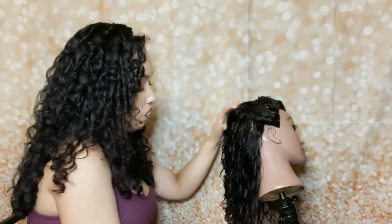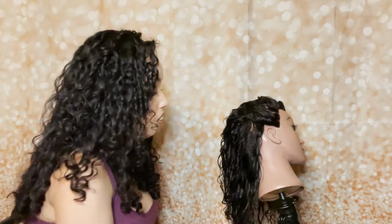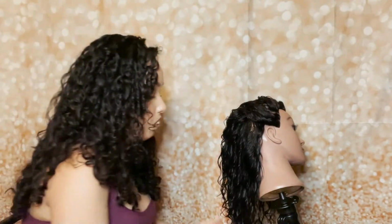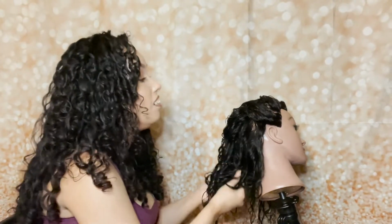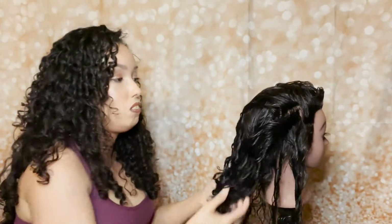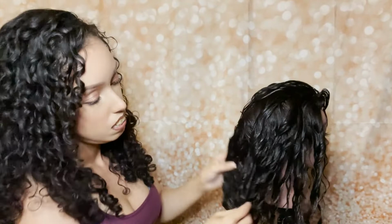As you can see, I don't use a towel at all. A regular cloth towel is not good to use on your hair. The microfiber is good. You can use a cotton t-shirt. I prefer keeping my hair wet. Sometimes if it's really wet, I feel like I need to dry my hair a lot sooner, so I will scrunch it out with a cotton t-shirt. But again, I will gently go from the bottom and scoop up like I would with my hands, and then I remove some of the excess moisture so the drying time is sped up a bit. So once I'm done here,